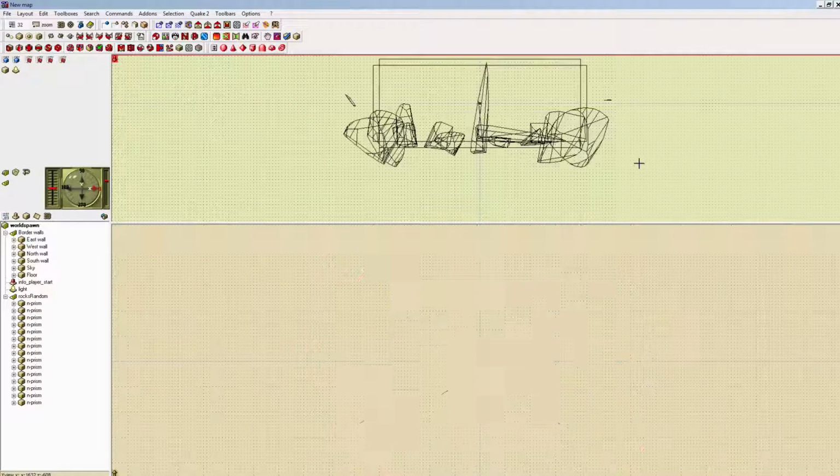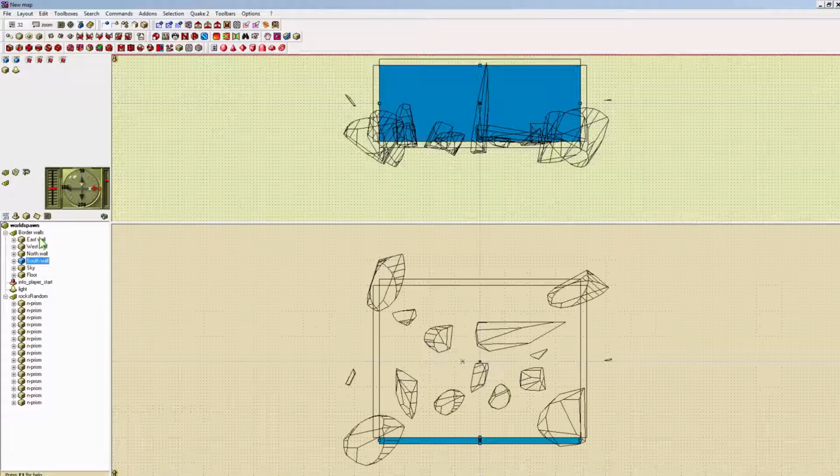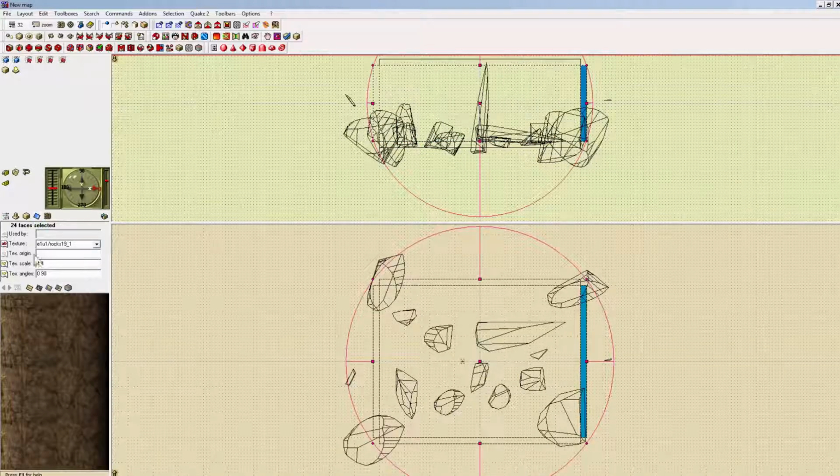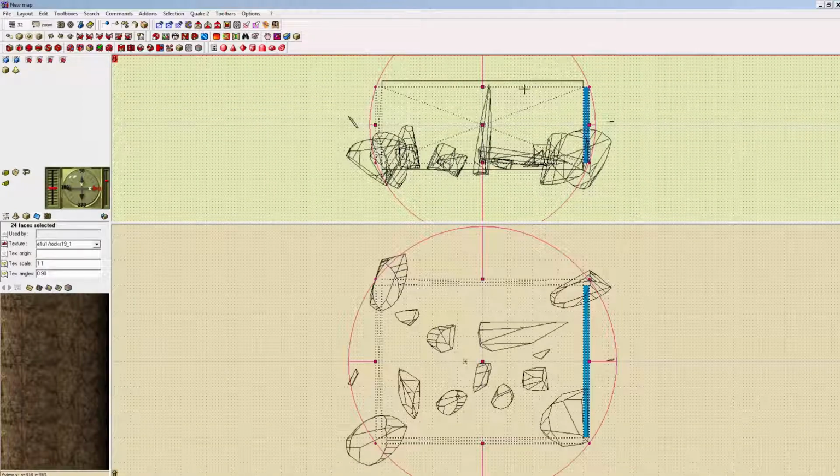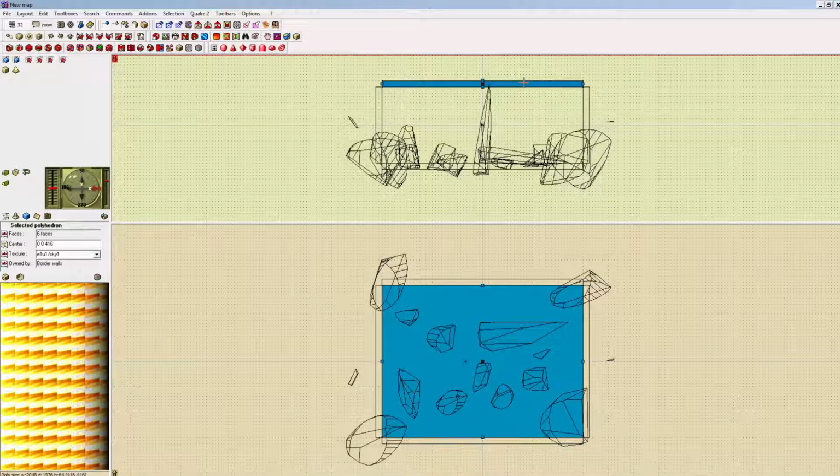Okay, so I need to mark walls and reset texture to one-on-one. Now I want the sky to be a bit lower. Yes and no. What I want to do is